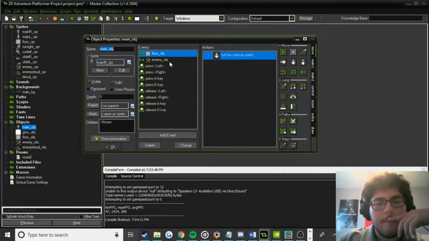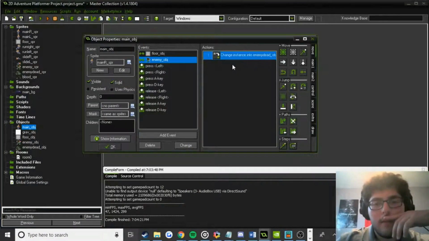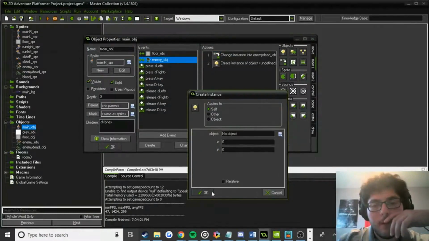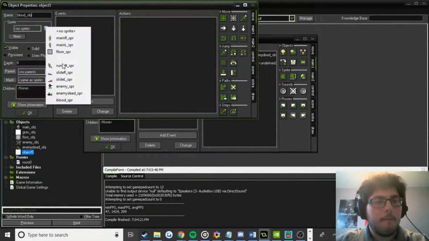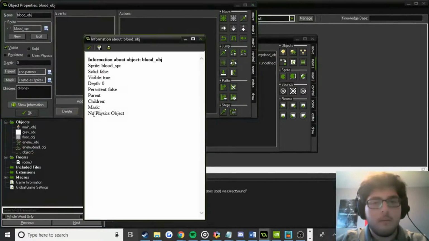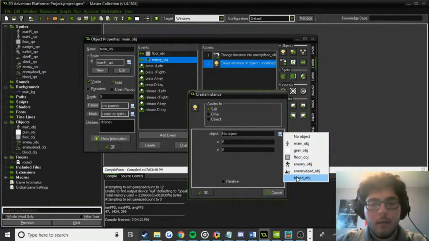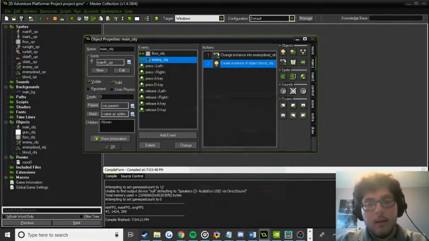So I'm going to hit main, attacks the enemy, change the instance into enemy dead. Yes, perform events. Don't set the gravity, but create an instance of, let's make the blood an instance. Blood underscore obj, of blood obj at enemy underscore obj dot x, enemy underscore obj dot y, and then we're going to set the gravity